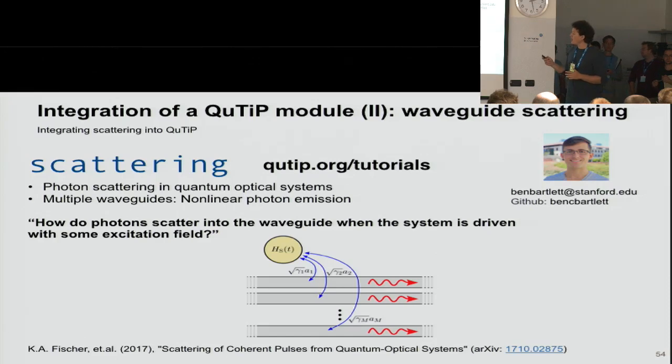Here I just want to show another recent module that has been implemented, included in QTIP, which looks at how this quantum system can emit light into different waveguides.